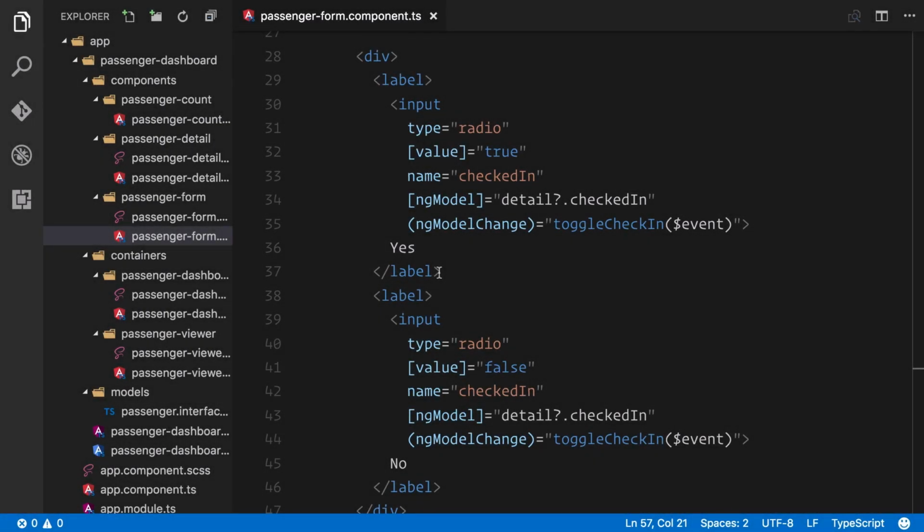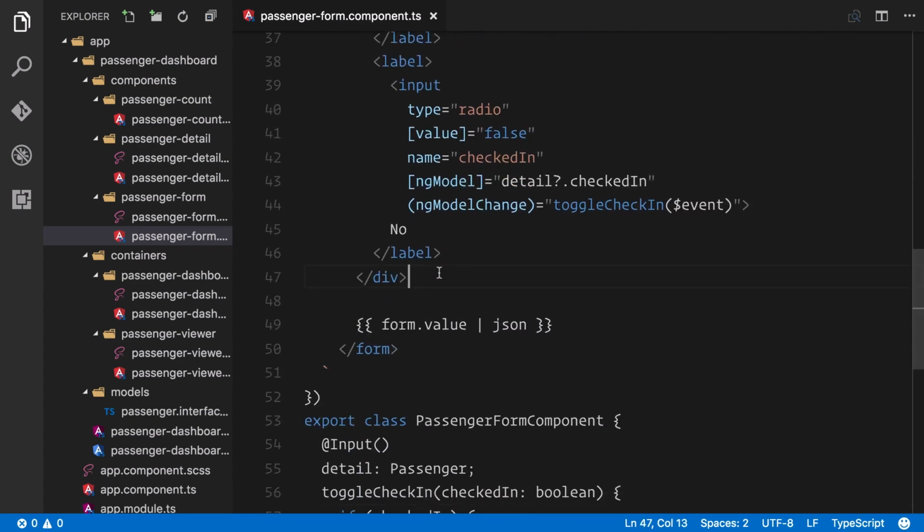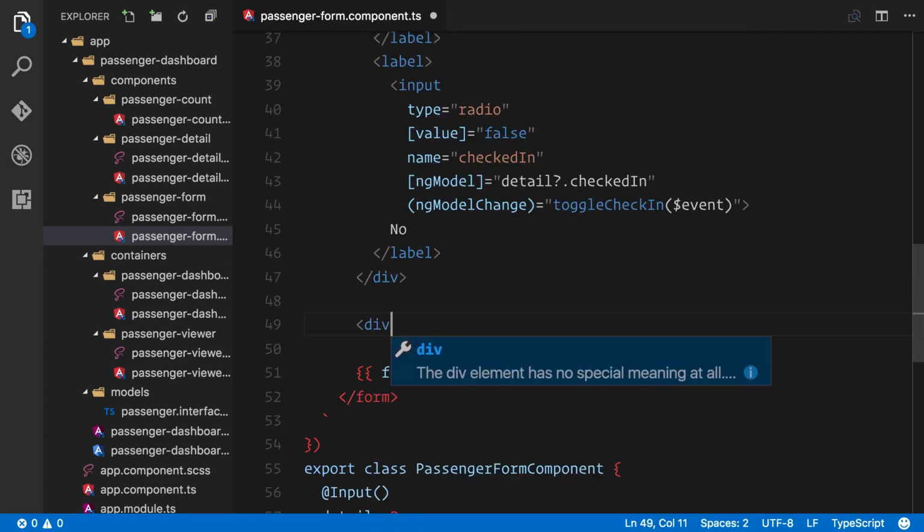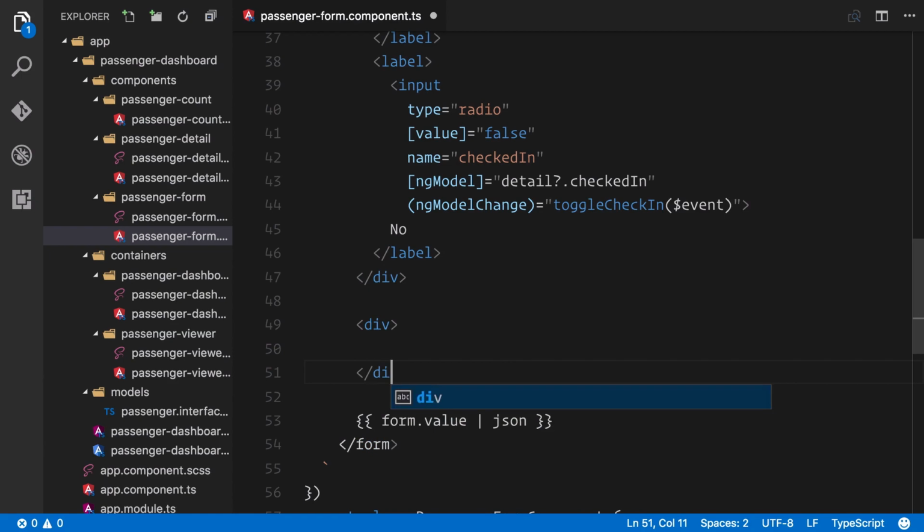To do this, all we need to do is create an ngIf. We'll wrap this in a div and we'll do *ngIf. Now, instead of using something like detail.checkedIn, because we're using the local form reference, so we're using form.value, if the form.value.checkedIn is available, then we want to actually render out this data. So we can say